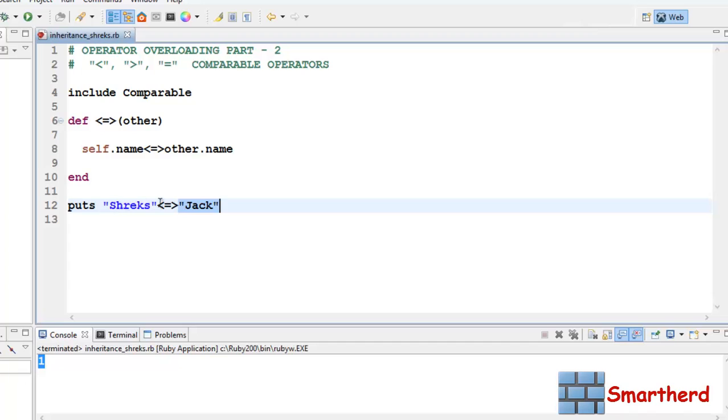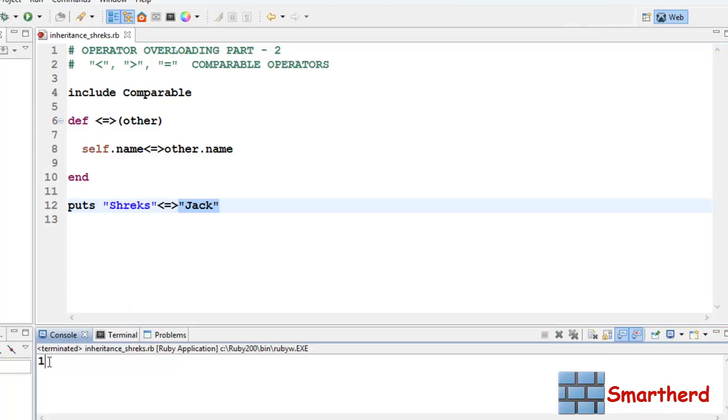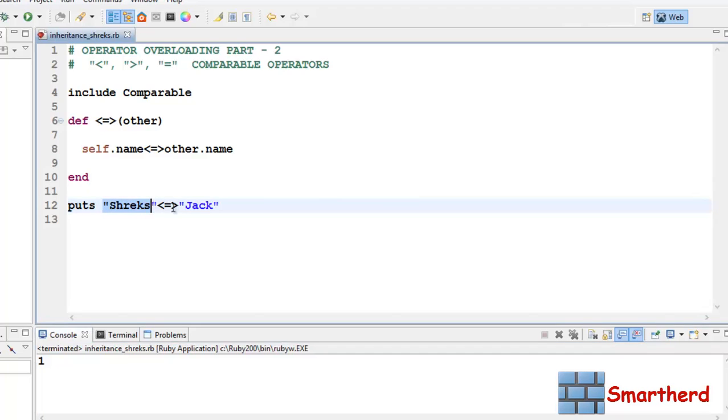If both are equal, then we get output as 0. If LHS is greater than RHS, then we get output as 1, as we are getting here. This is because the ASCII value of this S is greater than this J value. So we are getting the output as 1.